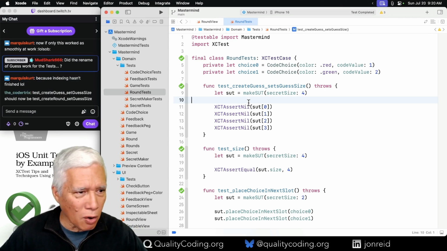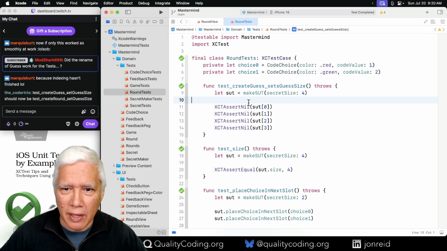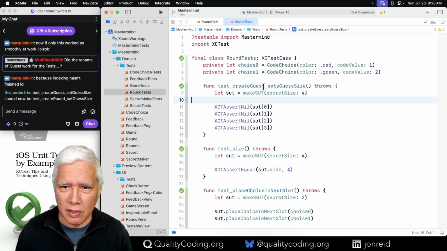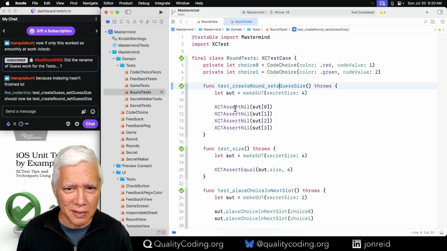Test. Oh, create guess. Make SUT. I see. So that's guess size. Let's just rename some of this. That's the secret size. Sets the guess size. That's correct.